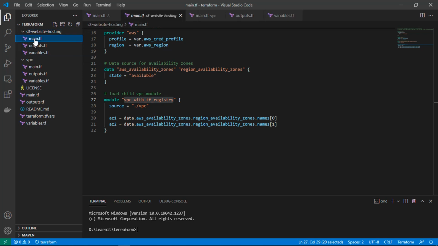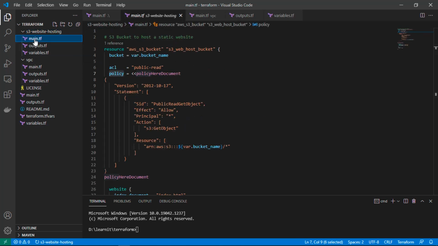Now let's go through the main.tf of the S3 web hosting child module. You can see here I have defined a new resource for an AWS S3 bucket, and I'll be using this S3 bucket to host a static website. So I have mentioned a public-read access control list policy, and for the policy document I have provided an inline policy document with read access for all the objects of this S3 bucket for all principals.